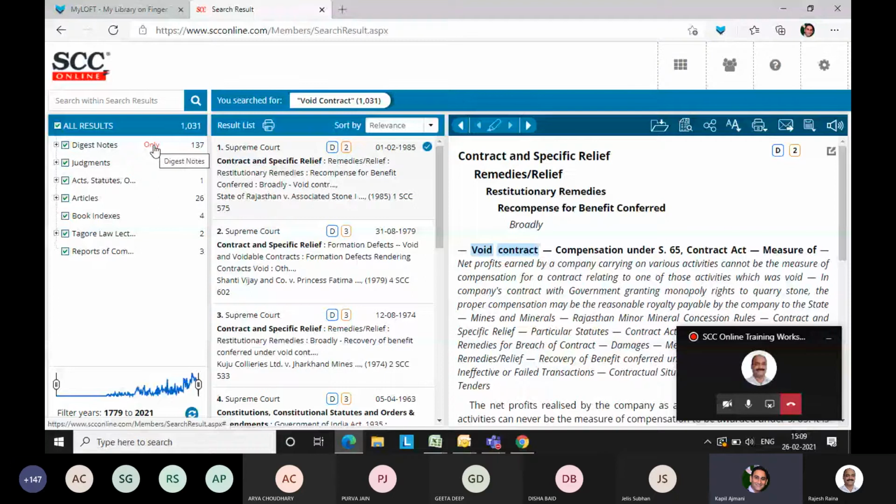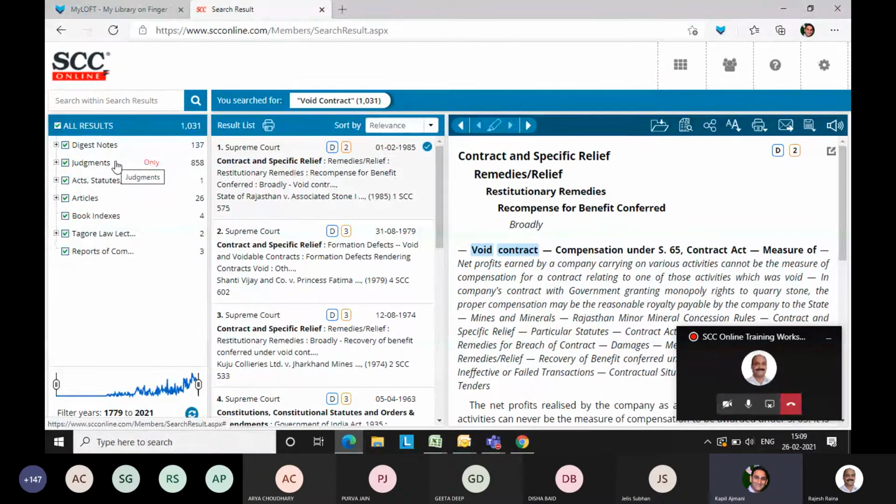So esteemed members, whenever you are doing a word search or legal phrase research, it is recommended that you should have double quotes like this. Once you do it, there will be a 3-panel structure, like we have in Outlook or other mailboxes. On the left-hand side, it gives you the numbers and the categories. The first category is the digest notes. Digest notes are the law points prepared by our editorial team, referring to a particular judgment. Basis that, whatever law points are covered are presented here.